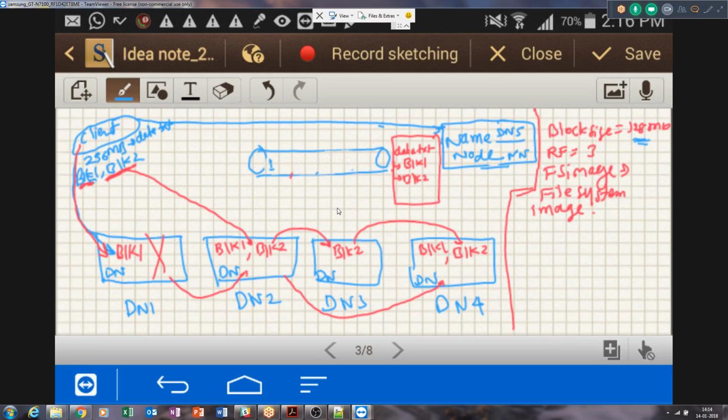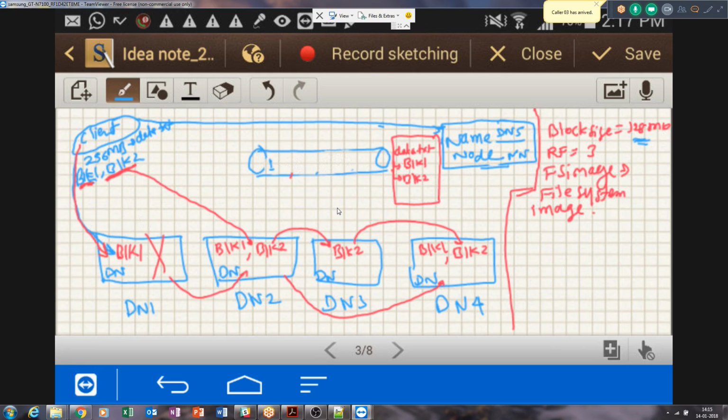Because the block is uniquely identified, we cannot give duplicate numbers to different blocks. Why? Otherwise the name node gets confused that two data nodes are sending the same block ID, but the data in those are completely different. It means that name node itself can get confused. So no two blocks will ever have the same identical unique identifier. No matter if there are millions and billions of blocks that Hadoop distributed file system can support, no two of them can ever have the same identifier associated.